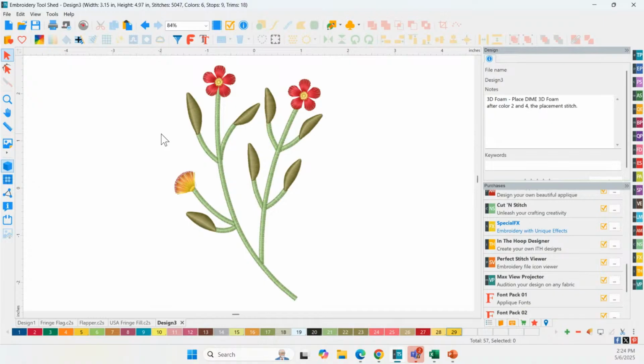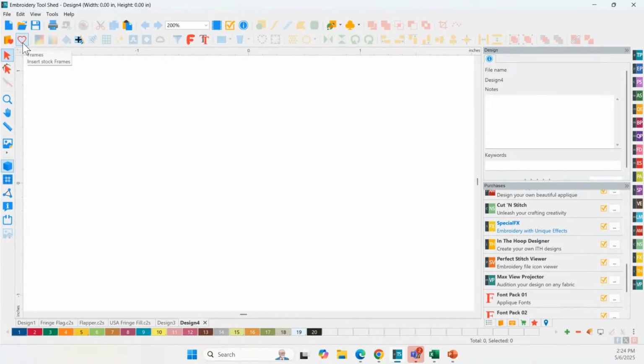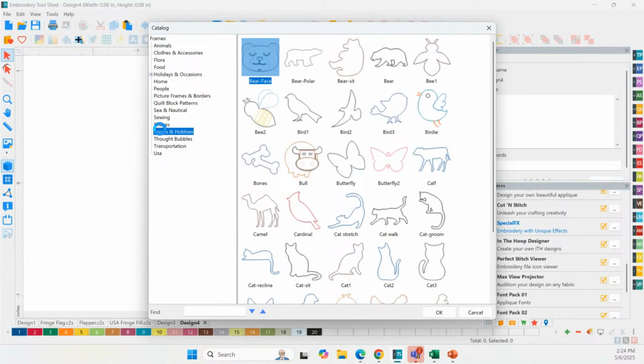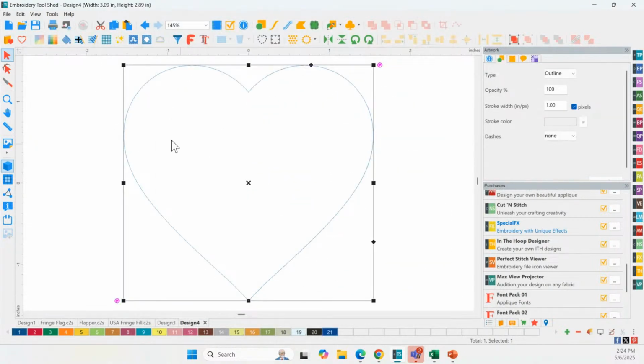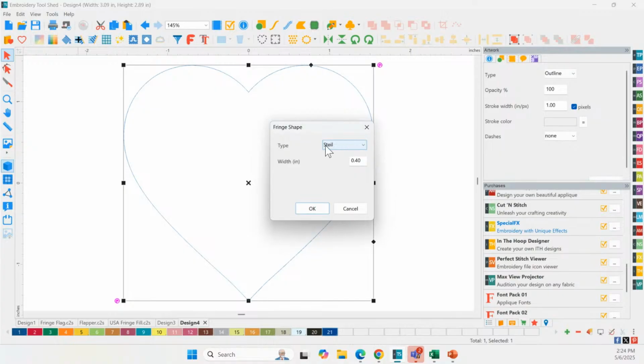Okay, so now that we've seen the fringe tool, let me show you the fringe shape. Fringe shape is this tool here that's actually grayed out, and we apply that to a shape itself. If I go to the frames, these are our shapes, and I can go to the shapes here and just choose a heart. Now that I have this artwork on the screen, the fringe shape is illuminated, and I can click that and I get options. It asks me, do I want a steel type fringe, which is running around the edge with the anchor stitch in the center,